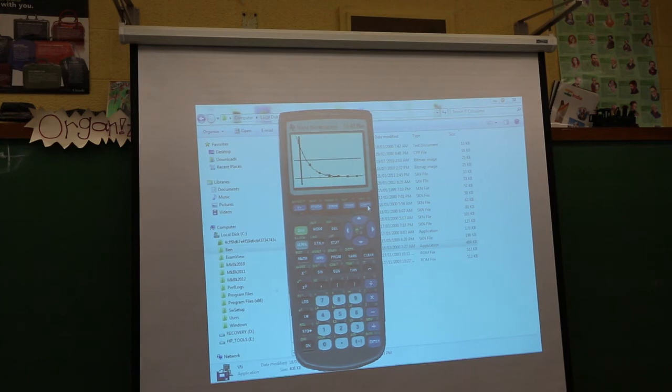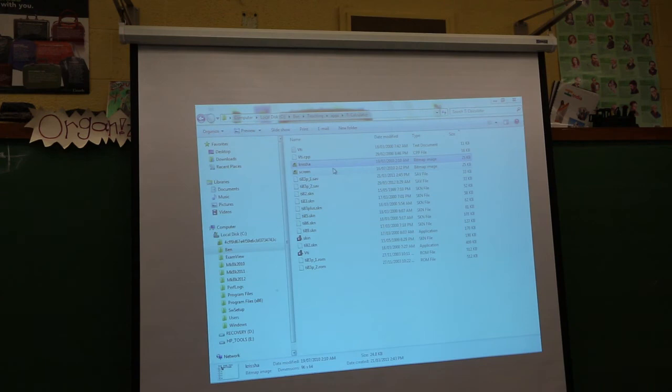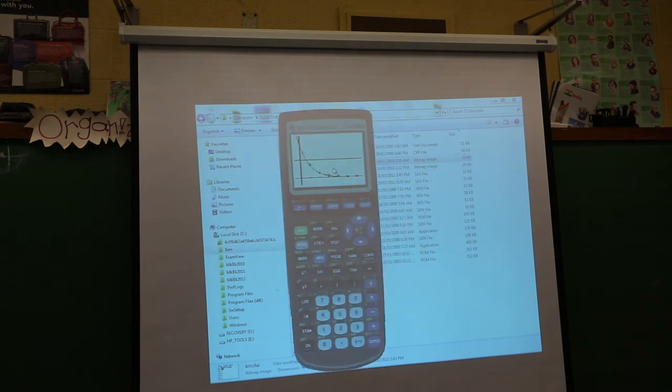Okay, so I can see... By the way, did you see the little black line that was going here? That's when it was thinking. Now, if you didn't see the intersection in your window, you'd have to play around with the window until you see it. So I'm just going to go second function, calc,